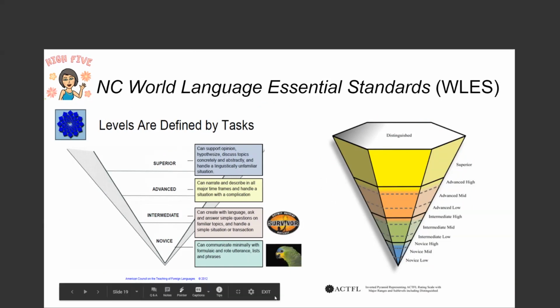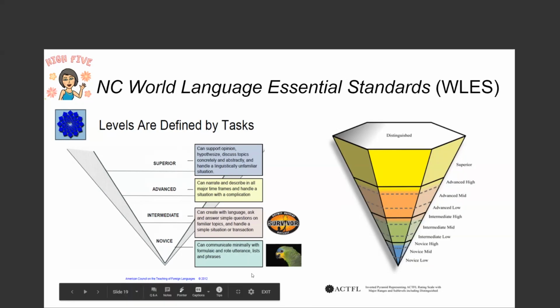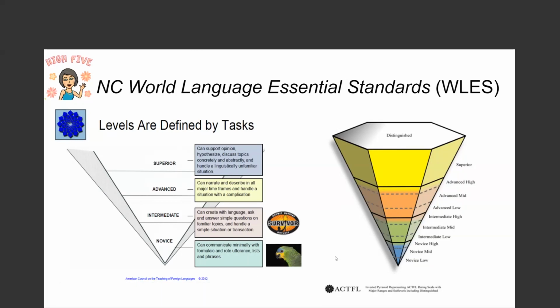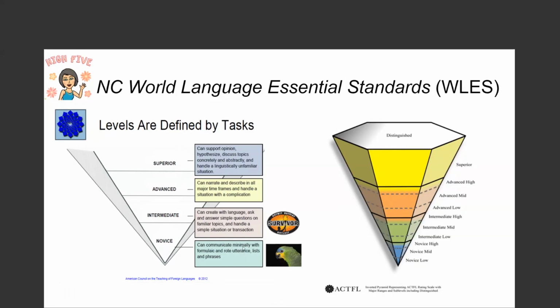At the intermediate level, or the survivor, that's the learner who can get along okay in the language, but they're not super comfortable in a lot of ways either. So they get along in some various situations, but they also have definite ceilings or limits to their language and to what they can do. The parrot, or the novice, is working towards the sentence level, text type and speech, while the intermediate, or the survivor, is working towards that paragraph level.